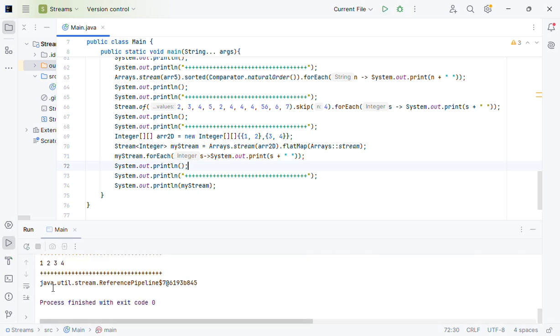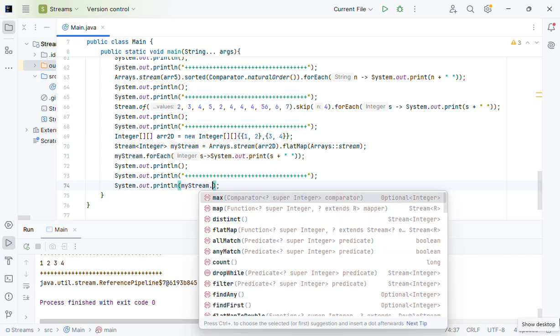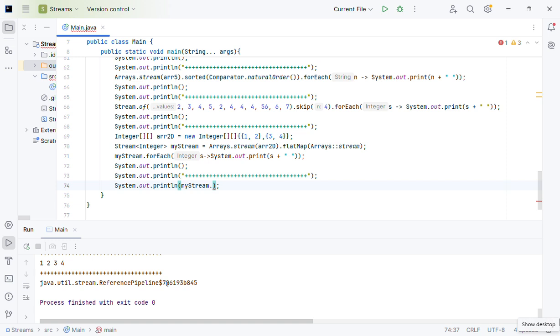You see, it's printed like this, but you can create a list from that. So if you want to create the list and print it, how can you do that? You need to make a stream out of that. So it's like my stream